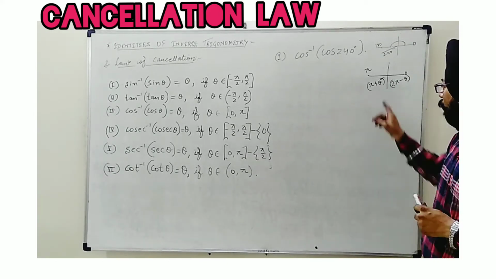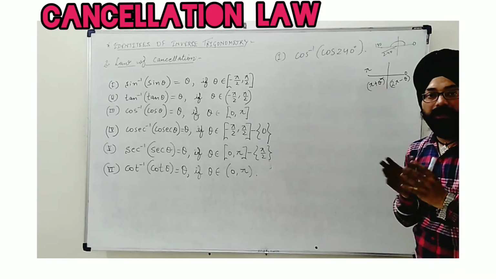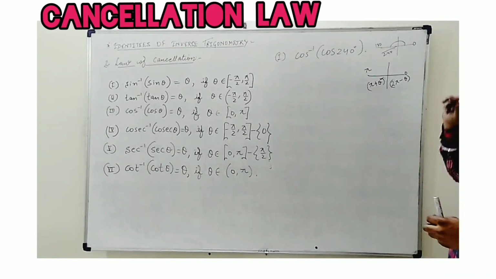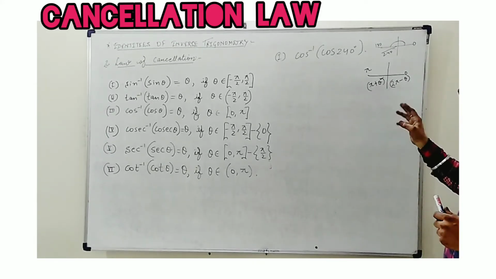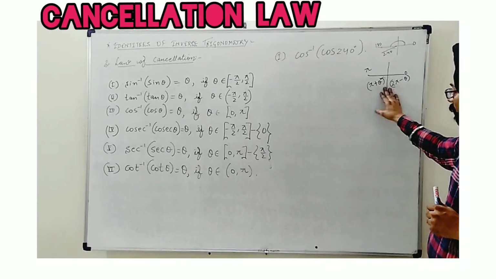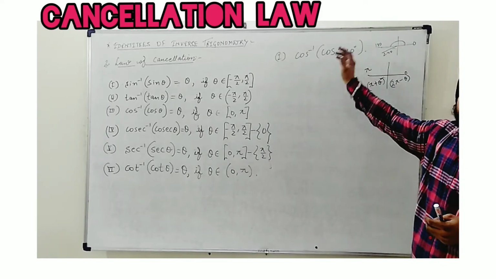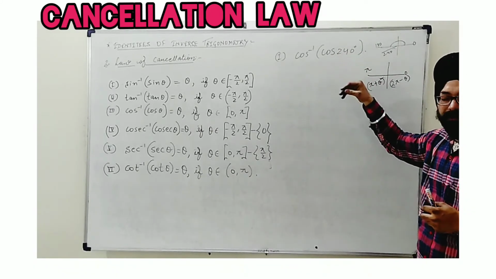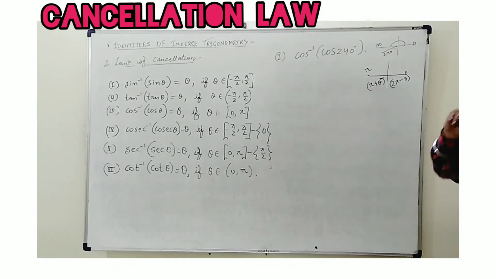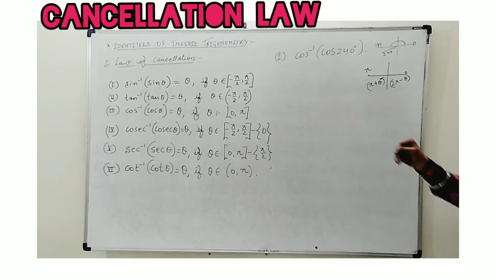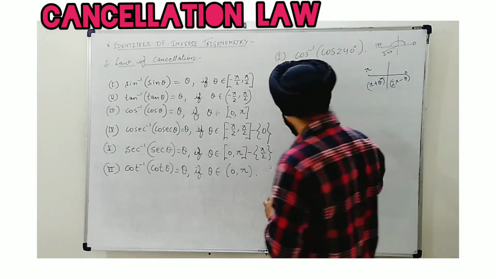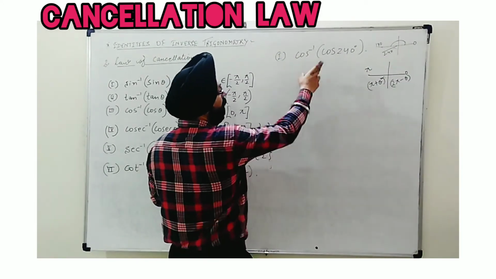Now you must know, as we are using pi plus theta and 2 pi minus theta, then you must know when cos is taken with these two, what is the result, and the others of the same group like sec and cot, what is the result. I will tell you later. Let's start. First of all, we will apply all these things.